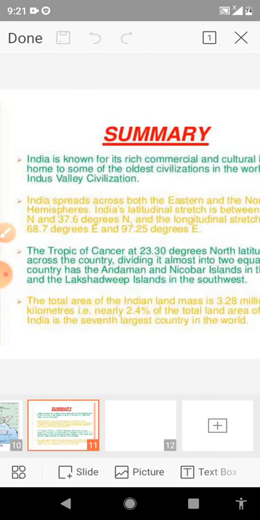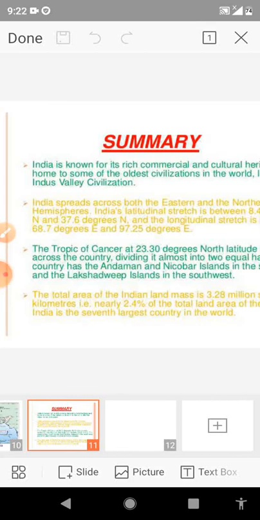The total area of our country is about 3.28 million square kilometer, or you can say 32,87,263 square kilometer, which constitutes only 2.4% of the total land area of the world. So this is all about the chapter, and in the next